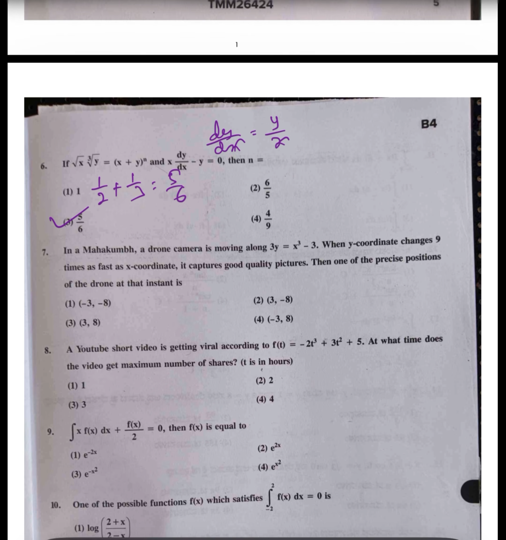Now they have given the Mukund, a drone camera is moving along this, the y coordinate changes 9 times as fast as x coordinate, so that the dy by dx equals to 9. So by solving this,